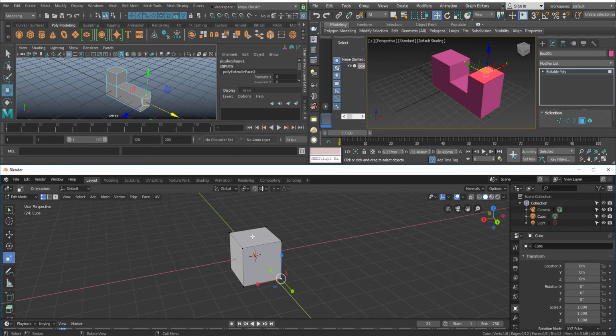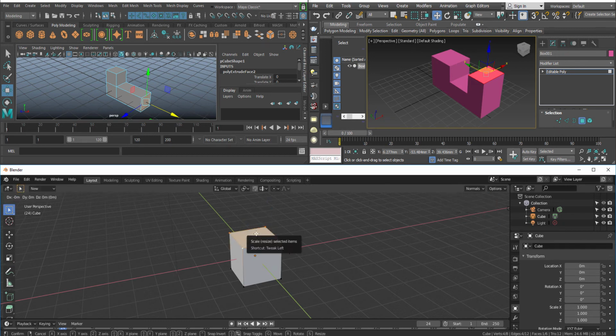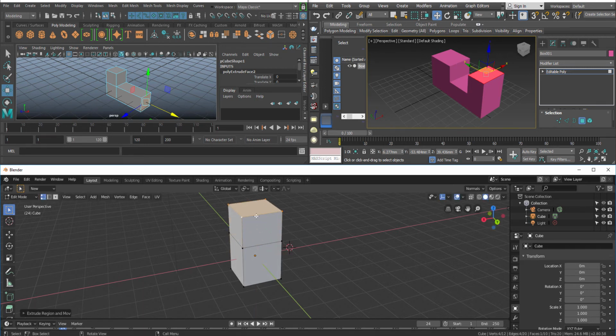Blender, on the other hand, doesn't use similar stuff, but still you can use E for extrude. Oops, sorry. Yeah. So select the face and E for extrude. Select the vertex or edge, and then you can go with the extrude in a similar way, or select the face and press E and extrude, exactly like what you have done in Max or Maya.